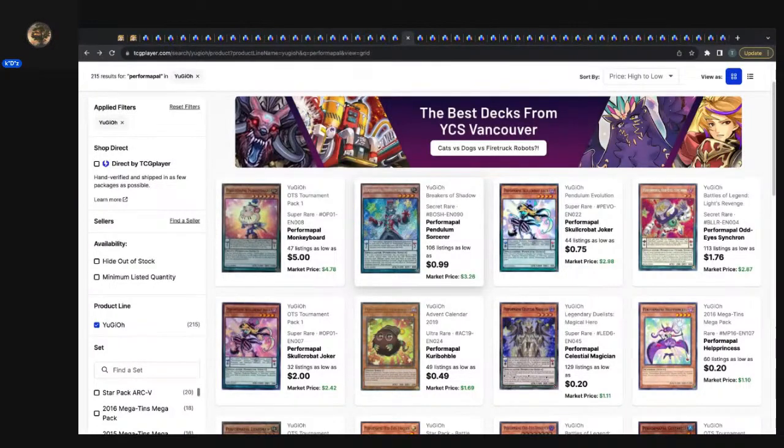I'm using this in that conglomerate of decks I have, and I'm also using Performapal Crobat Joker, which is also exceptionally good because Joker can search like every card in the deck. He can search every Odd-Eyes, Performapal, or Pendulum Magician that you play. So he's just instant construction if you have him in your hand. These two cards are so good. He searches him. He can search multiple cards,